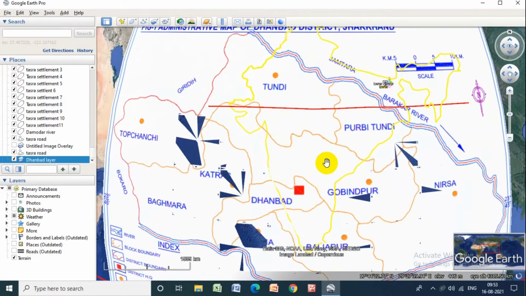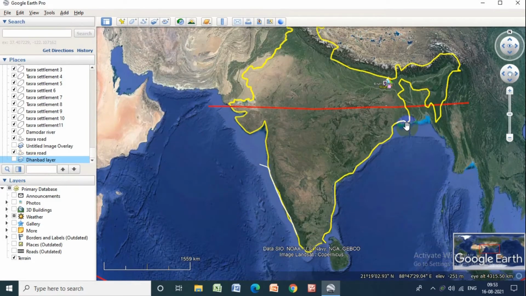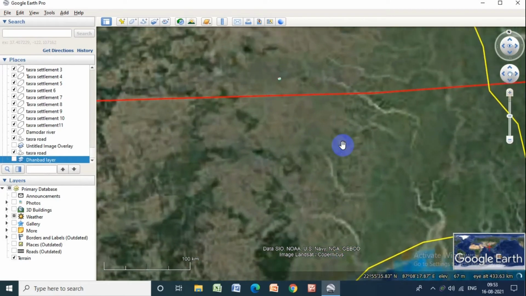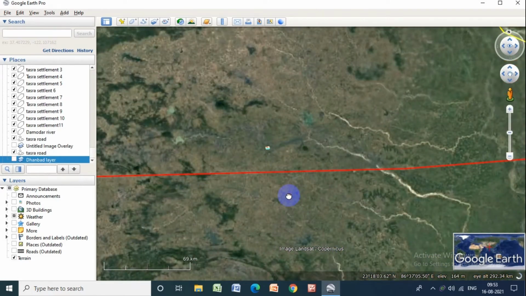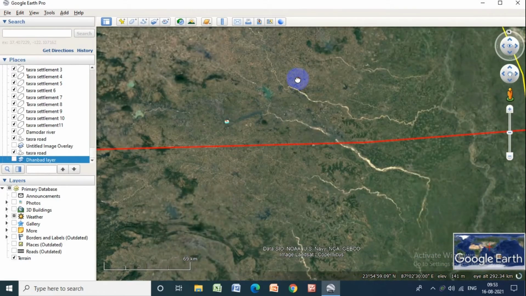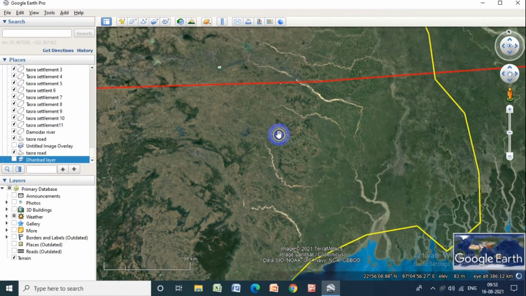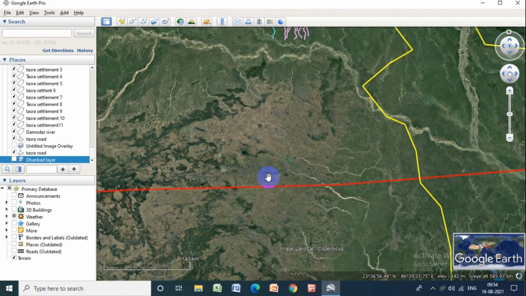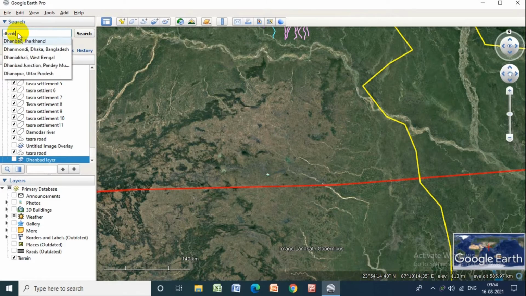Now untick and search here for Dhanbad. So where is Dhanbad? You can search it here.